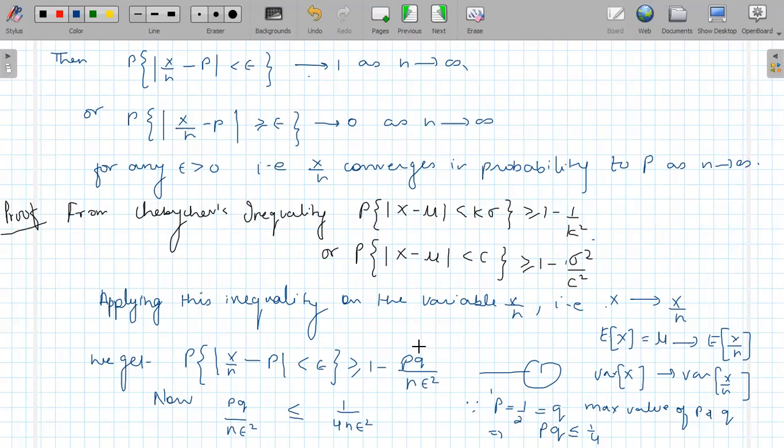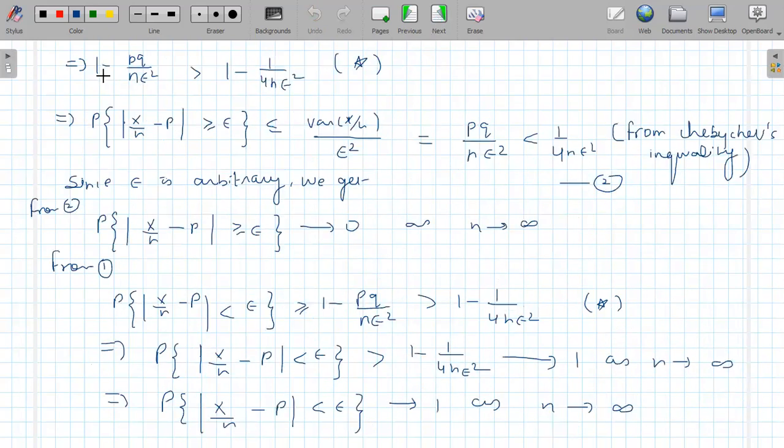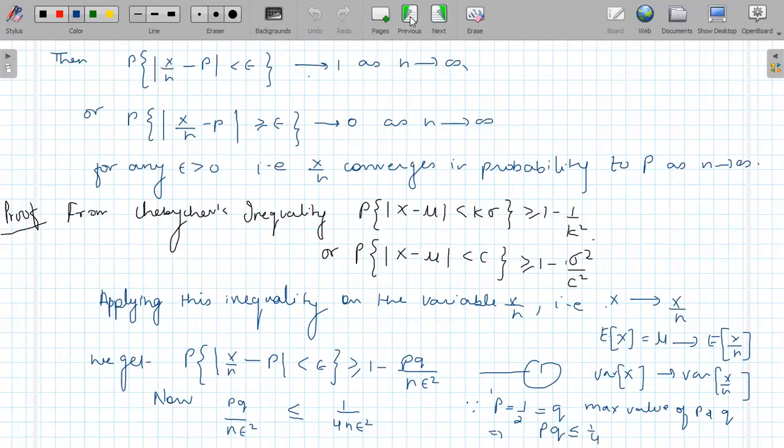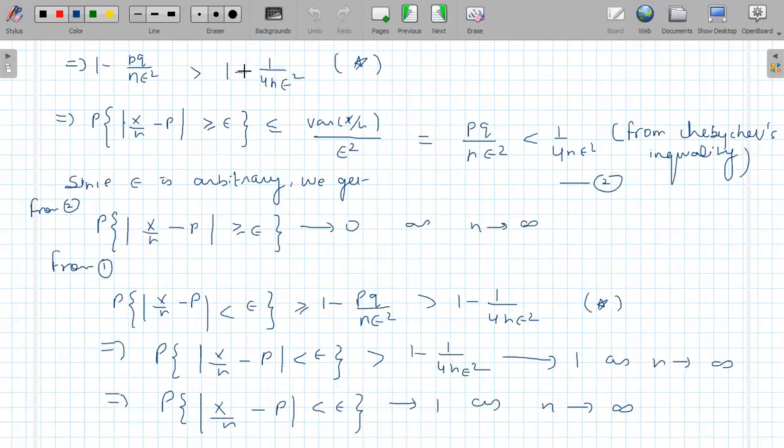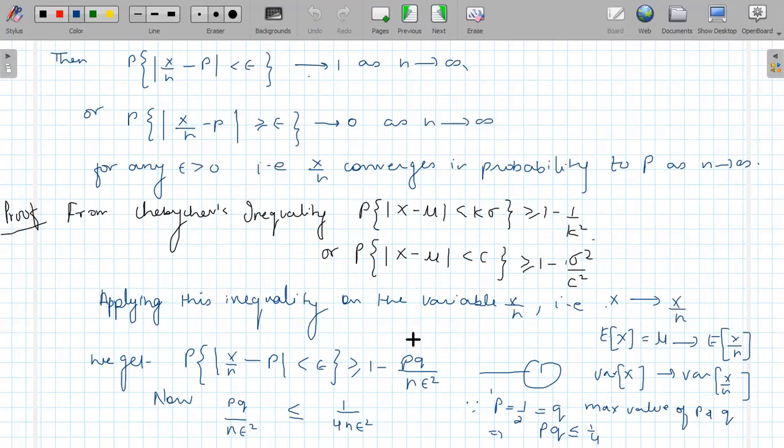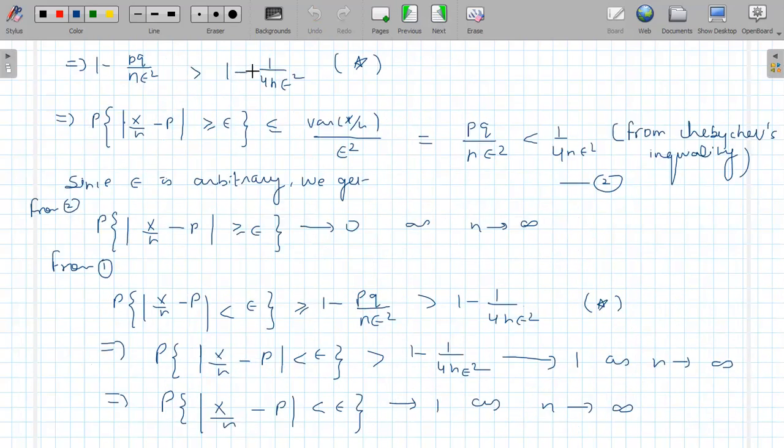इसको हम 1/4nε² से less smaller लिख सकते हैं इस expression को। तो यहाँ पर 1 minus pq by nε² है, तो क्योंकि आप minus से multiply करेंगे तो less than वाला sign greater में convert हो जाएगा and then add 1 to both sides. So we have, इस expression की जगह हमें क्या मिला कि ये किससे बड़ा हो गया? इससे।